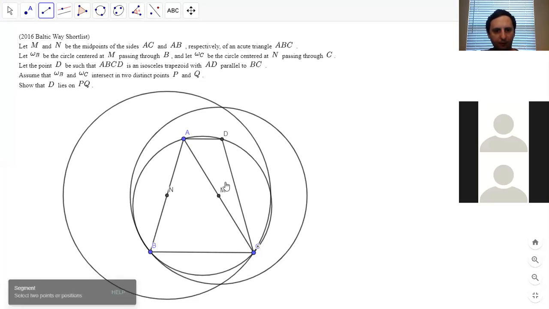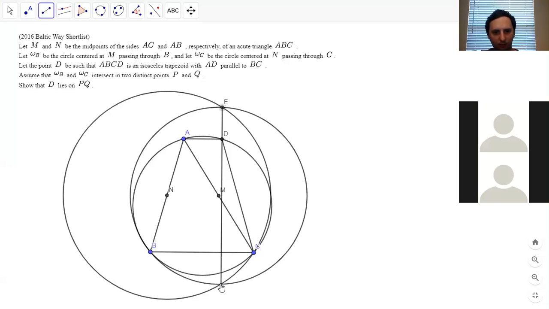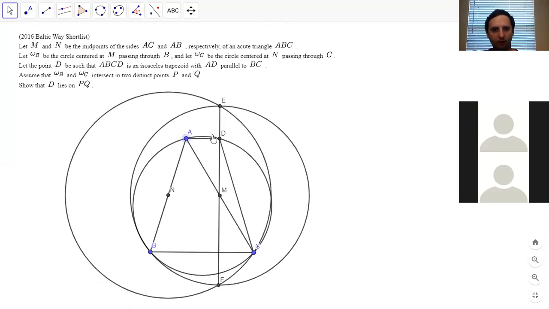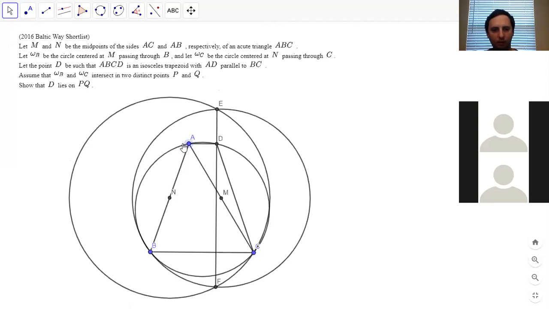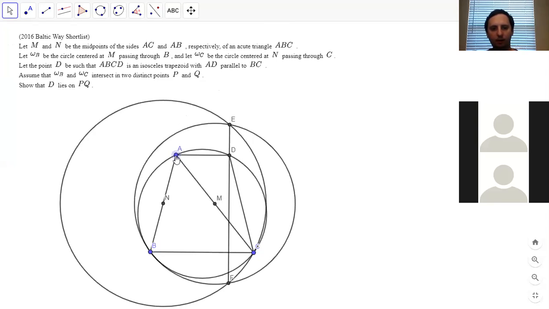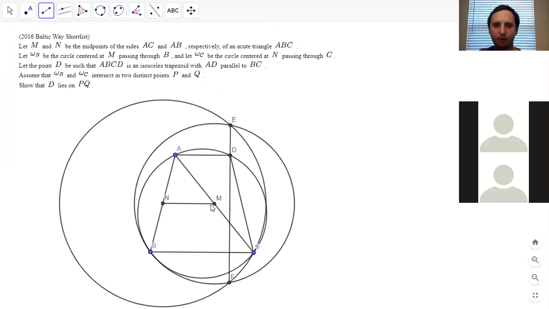Is this line perpendicular to BC? I think it might be. Yeah, it looks like this line is perpendicular to BC. Is that obvious? Oh yeah, because MN is parallel to BC. So yeah, basically, since MN is parallel to BC, we know EF is going to be perpendicular to BC. And then it's just figuring out what